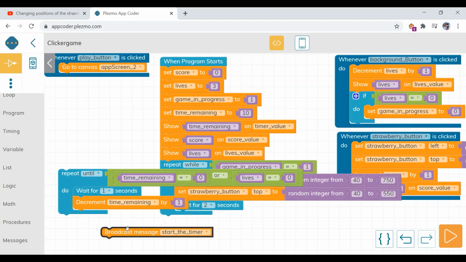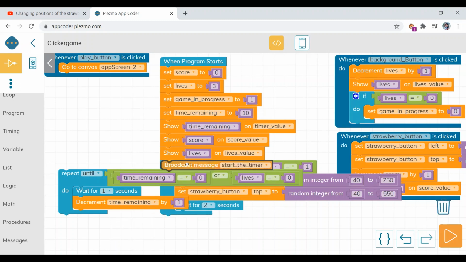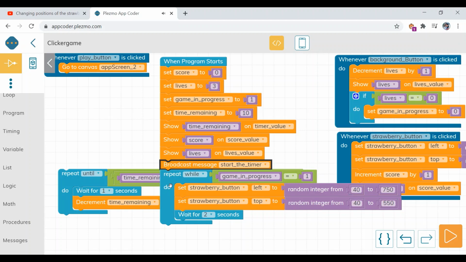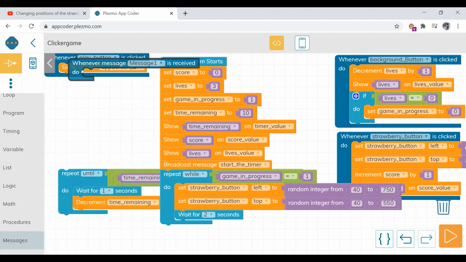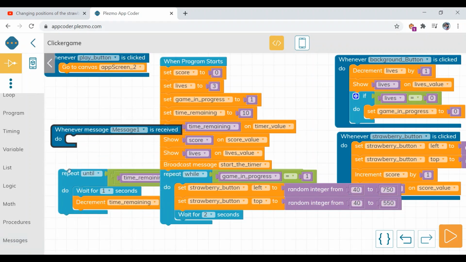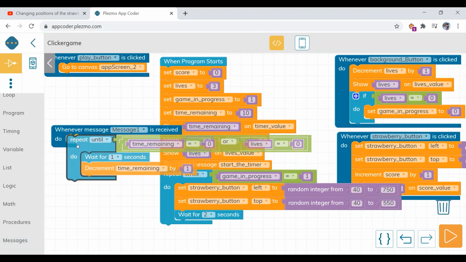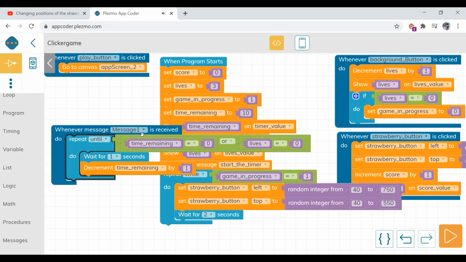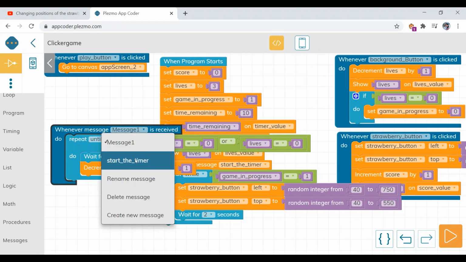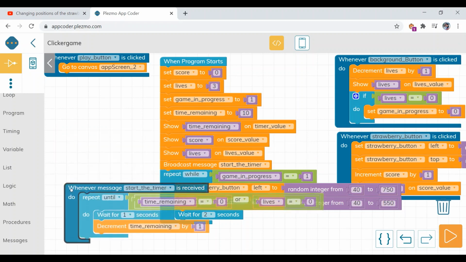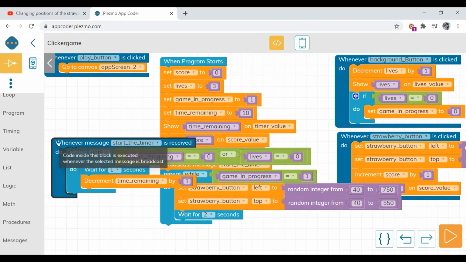And now put this message before the strawberry button loop, and now drag this block and put this loop inside the whenever message, and select which message, start the timer. So you can understand now this block will execute when the start the timer message is received.